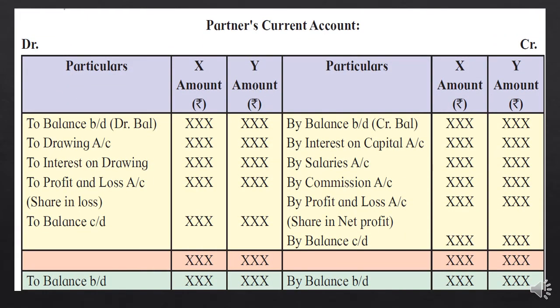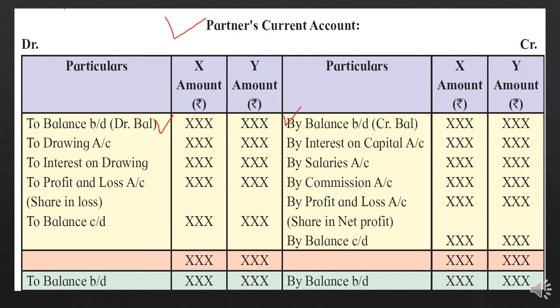So since we have to prepare two accounts, one only for the capital and a second one for all the adjustments related to the partners' capital, that account is named the partner's current account. You can see so many adjustments are given here. First, the opening balance, whether it is brought forward from the debit side or the credit side of the capital account, will be written on one side only at a time.